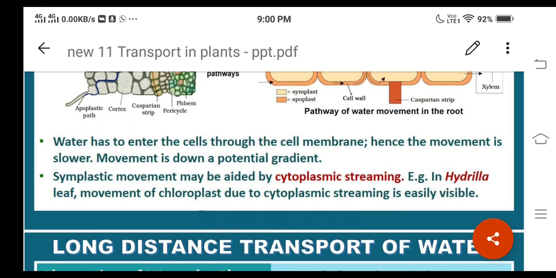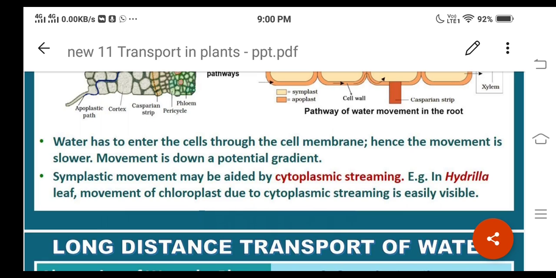If we pluck one leaf and keep that leaf on a slide containing a drop of water, and observe that leaf under the microscope, we observe that in the leaf cells the protoplasm or the cytoplasm will be moving,